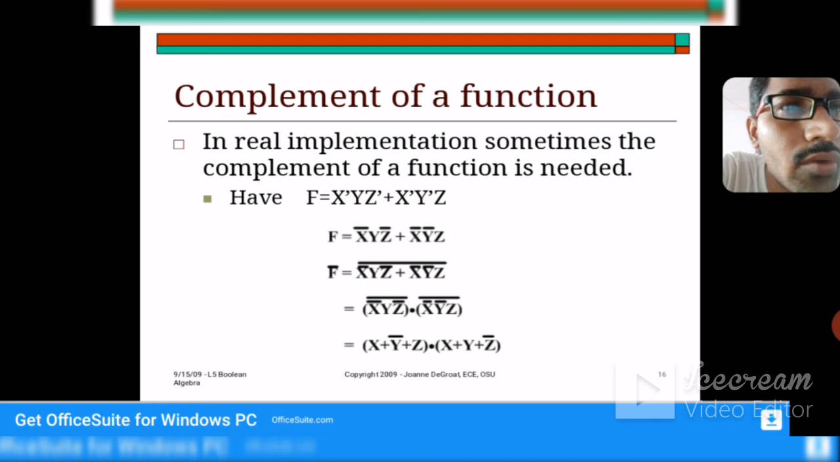when I put a whole bar on the expression, first of all, according to De Morgan's law, x plus y whole bar is equal to x bar times y bar. So I have taken here, suppose x bar y z bar is equal to p and x bar y bar z is equal to q. So p plus q whole bar is equal to p whole bar times q whole bar. So again in this figure, in the first term, x bar y z bar whole bar is equal to x bar whole bar, first of all